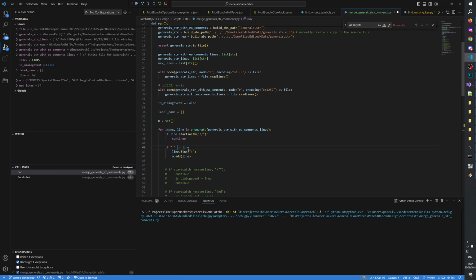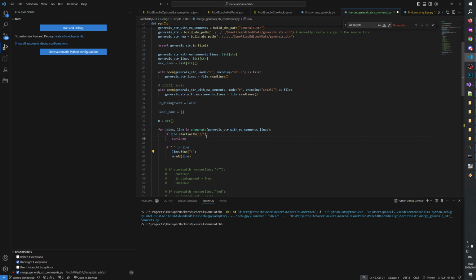Okay. This returns what? An index. Okay. Then let's do index. If index larger equals 0, then